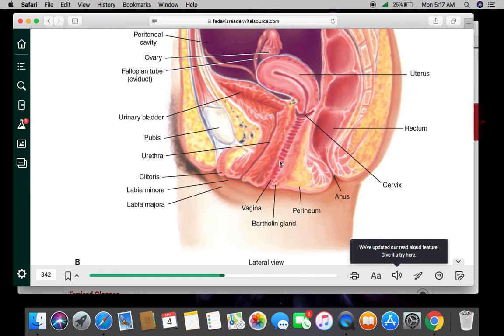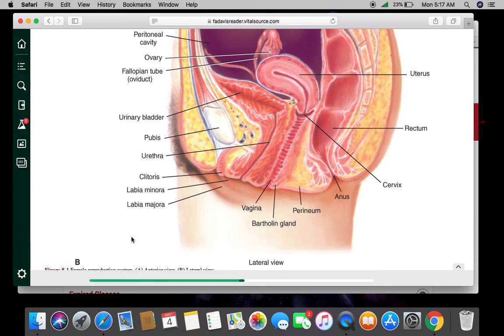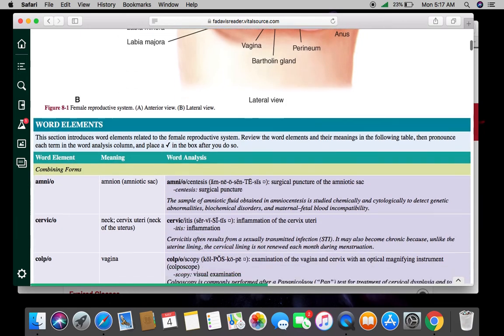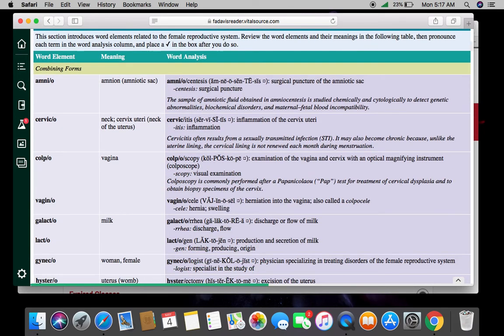And you could see how it's ridged so that it can expand, kind of like an accordion. I'm trying to put that in the most polite way possible. But remember, when you look at anatomy and physiology, it's where form meets function, and you could see there's a reason why it looks the way it looks. And the vaginal canal can accommodate